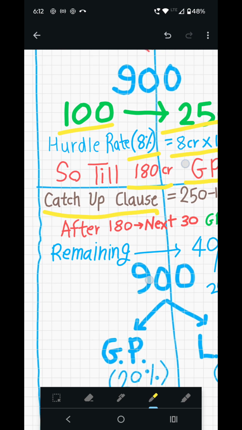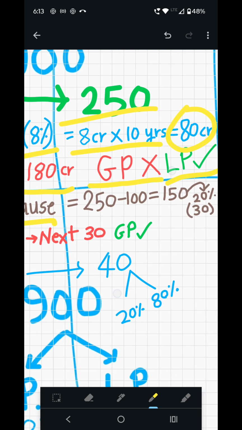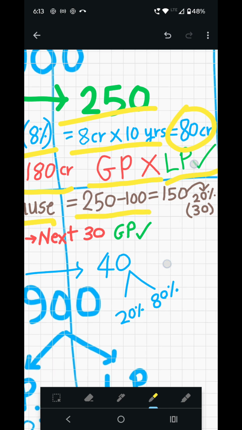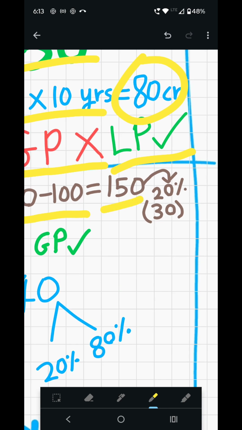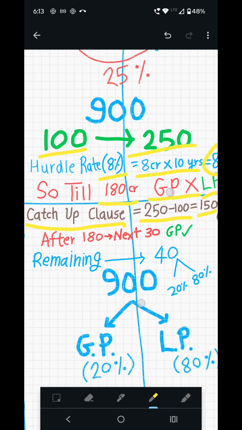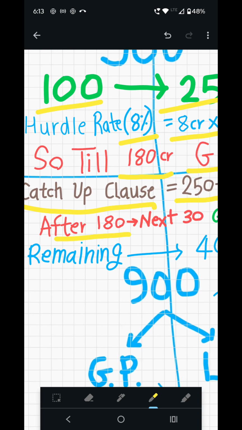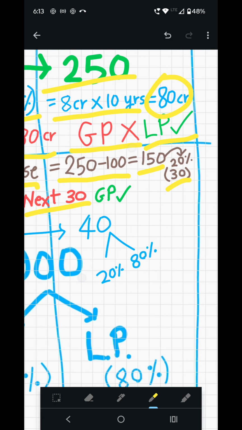So what this catch up clause says is, 250 minus the 100 capital. So 150 was the profits made by general partner. So usually he takes 20% as a carry, so which is 30. So after 180 has been given to the limited partners, the next 30 will straight go to the GP,